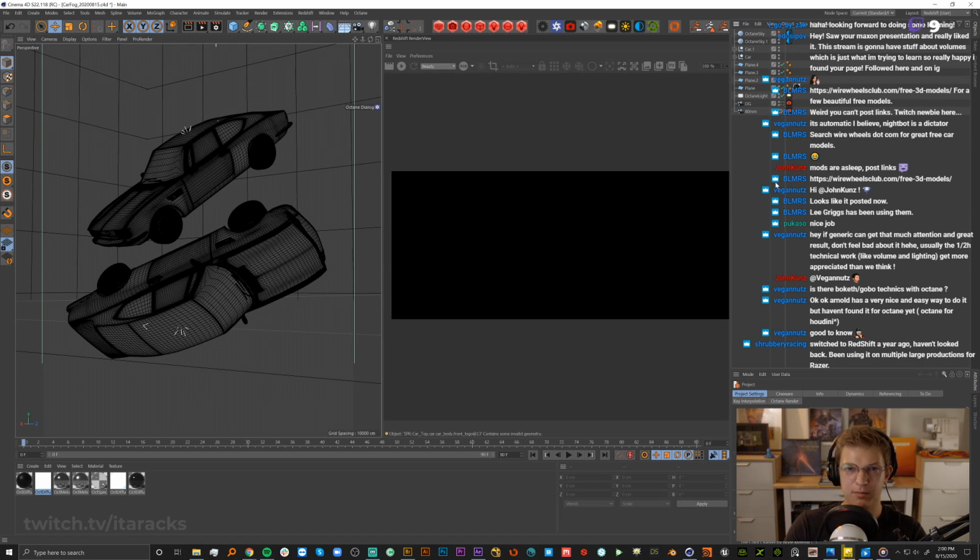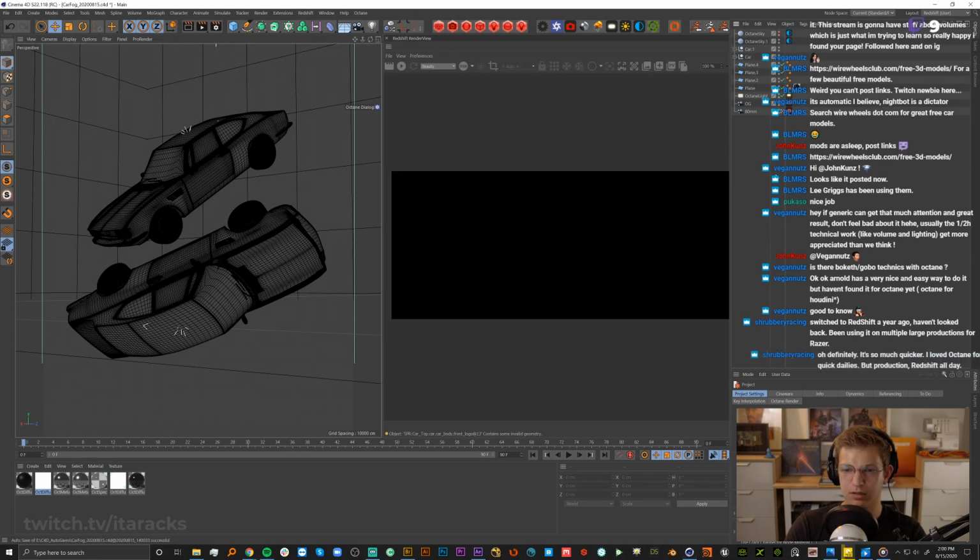The studio I'm at, a lot of studios here in New York are also switching to Redshift just because they don't want to have to build a massive GPU farm. They just want each artist to be able to do it per machine decently enough, and then maybe use Deadline, as a lot of people are using out here, to do group renders if they need to. But